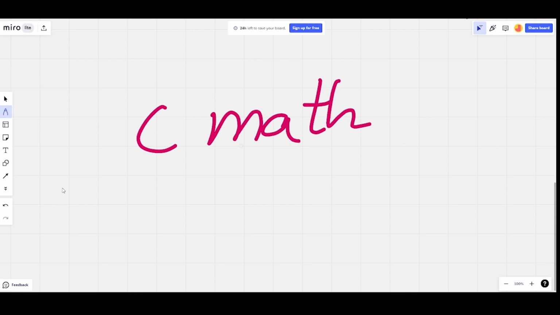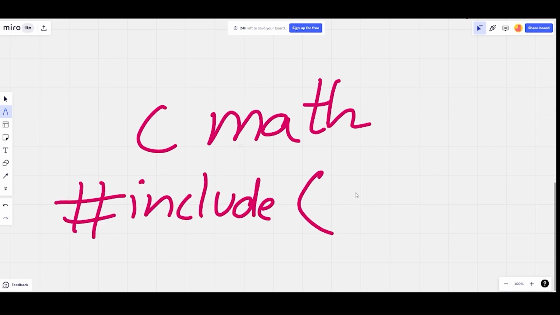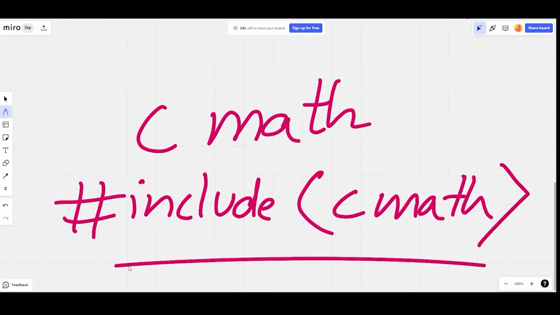In the starting of the program, after we have written the iostream header file, we will write #include cmath. When you include this, only then will you be able to do math operations. Otherwise, it will throw you an error. So make sure that if you're using any math operation, this is included at the top.